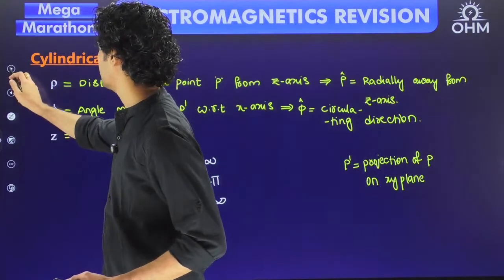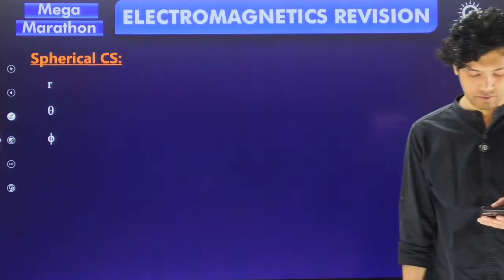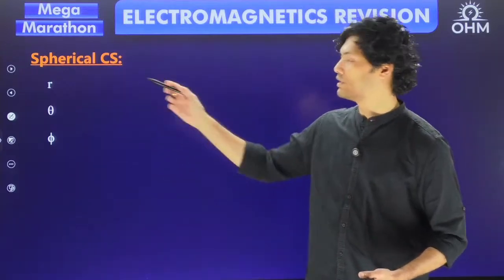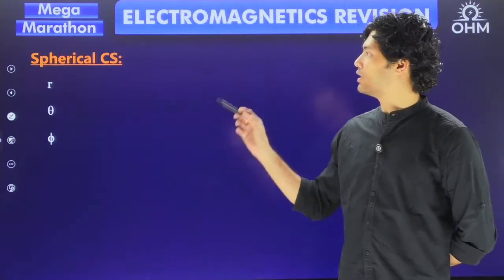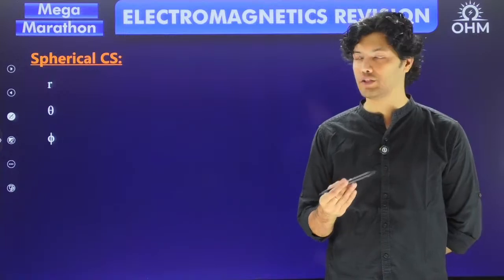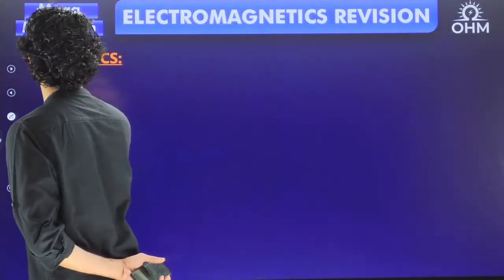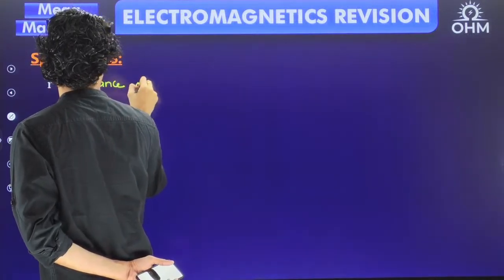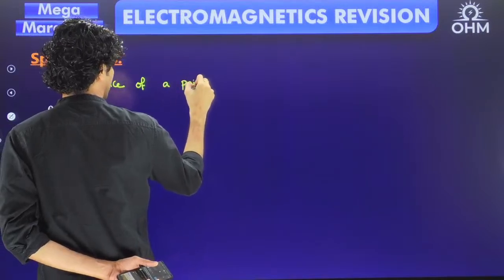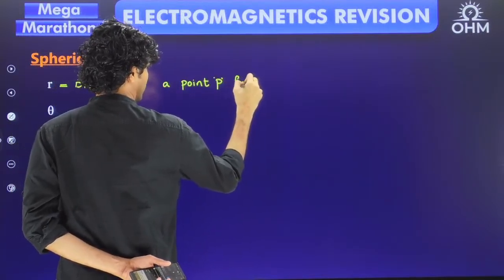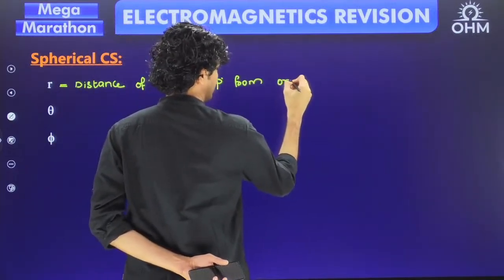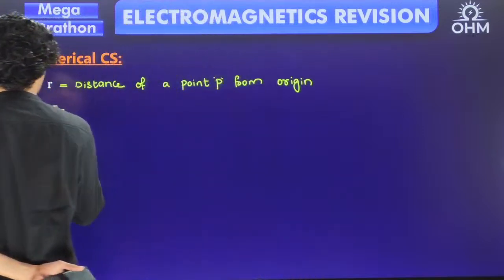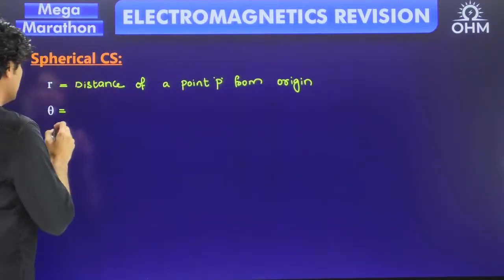Okay, in the spherical coordinate system we now have r. r is the distance of a particular point from the origin. So in the case of the spherical coordinate system, the reference is always the origin. So r corresponds to the distance of a point from the origin. And coming to theta, understanding this r, theta, phi is very important. Theta is nothing but the angle made by